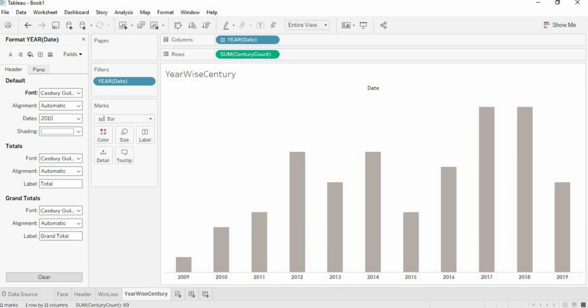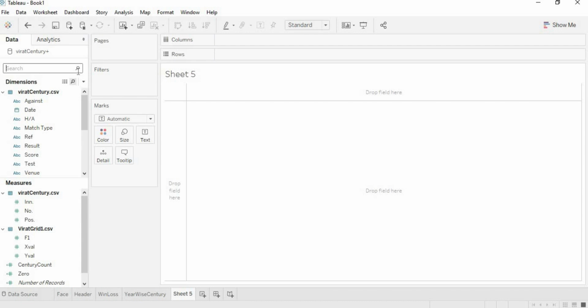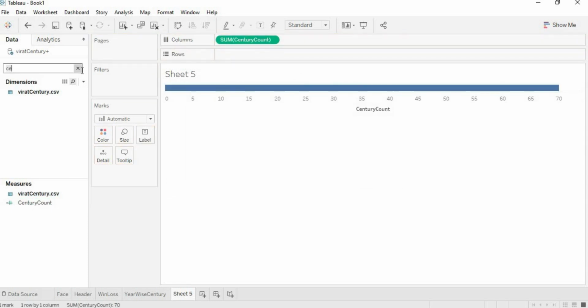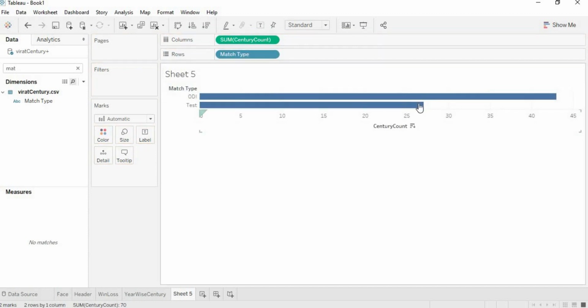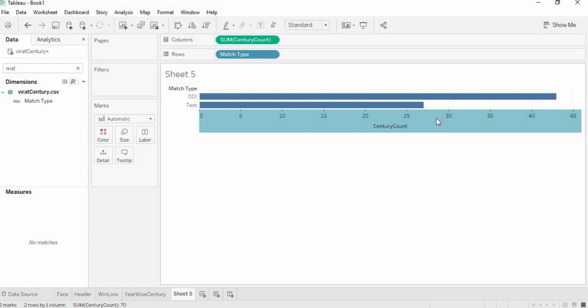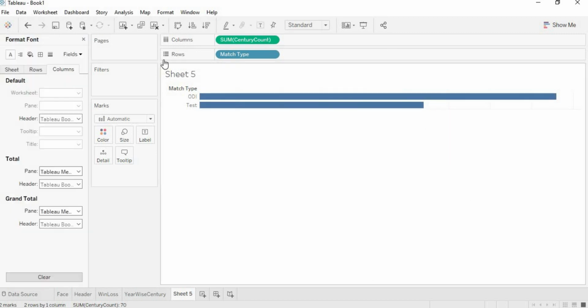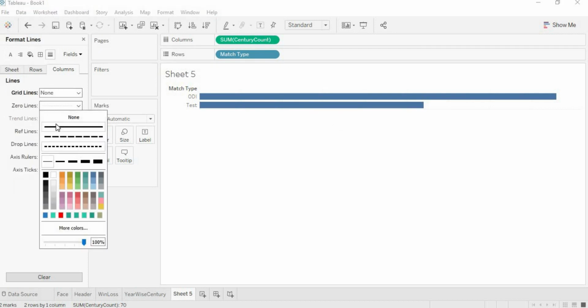What was the contribution from Test, and what was the contribution from, let's say, ODI? So for that I will use one more chart. Century count to column, match type, don't show the header, right click, format, avoid the grid, none.